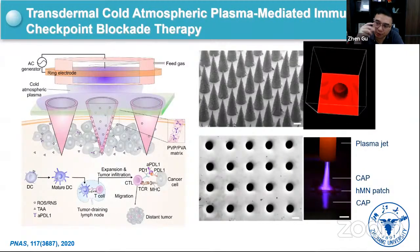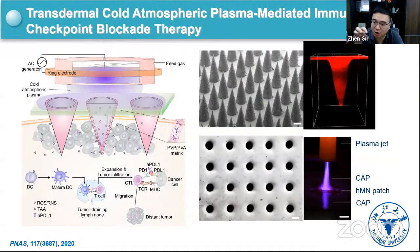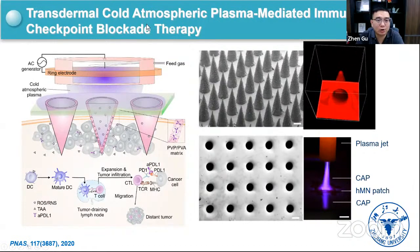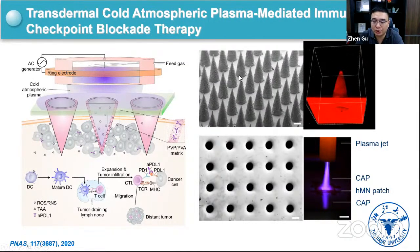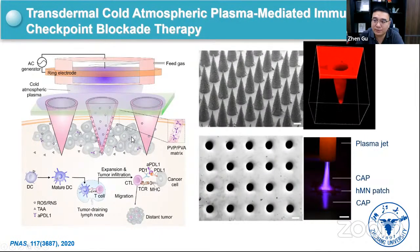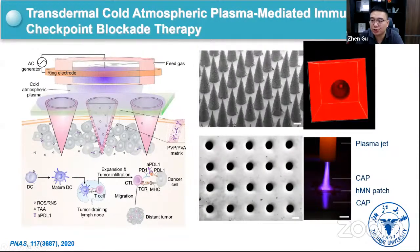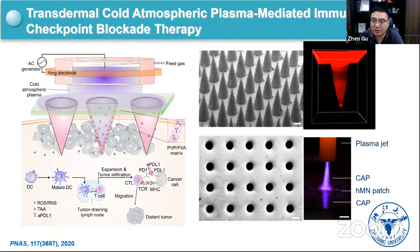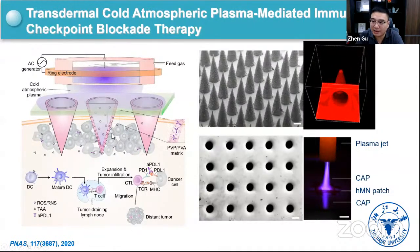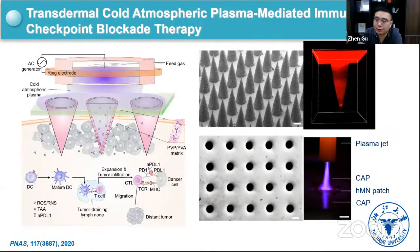And you can also change the shape of the needles. For example, you can make such a hollow-structured microneedle array patch, and even guide cold atmospheric plasma into the hollow structure and directly to the tumor sites. The plasma can generate ROS and RNS to induce immunogenic cell death, and together with the antibody released from the shear part of the microneedle array patch, boost the treatment